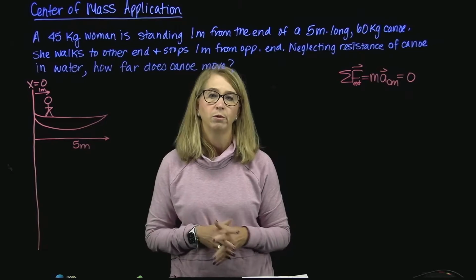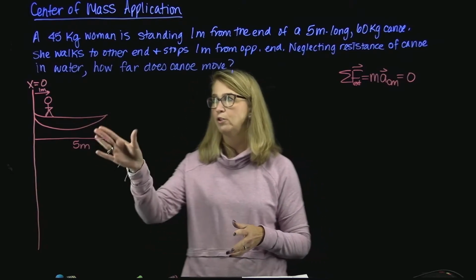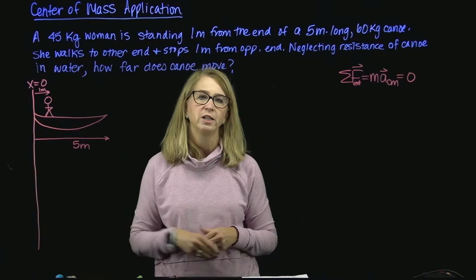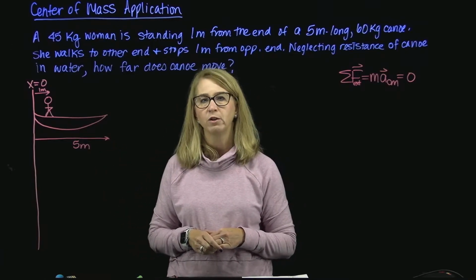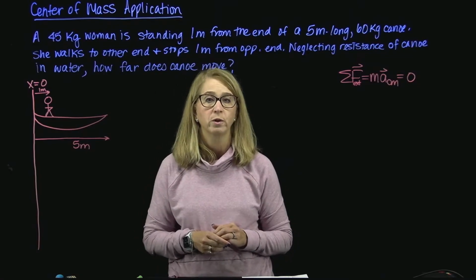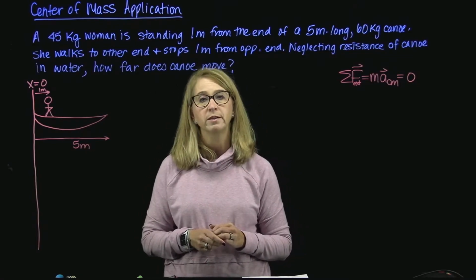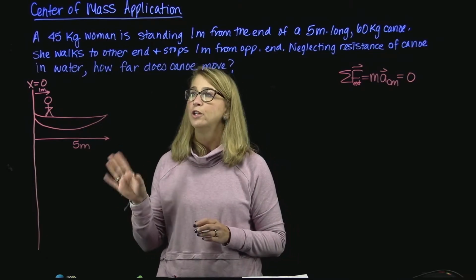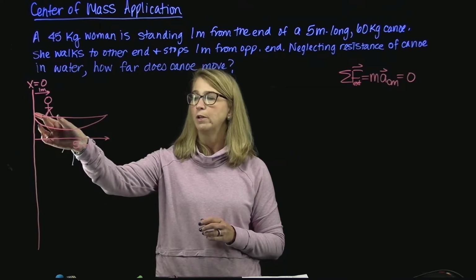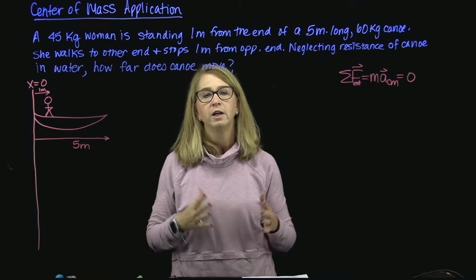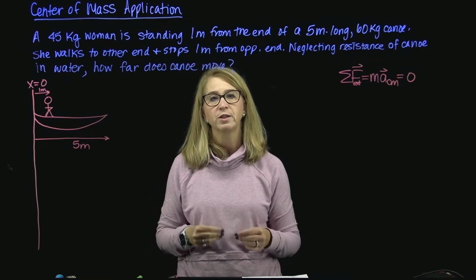So in this problem, what we have is a woman. She has a mass of 45 kilograms, and she's actually standing 1 meter from the end of a 5 meter long, 60 kilogram canoe. We're going to assume, of course, that the canoe is uniform, so we can say that its center of mass is located at its center. So she's standing here 1 meter from the end. She's going to actually walk to the other end of the canoe, and she's going to stop 1 meter from